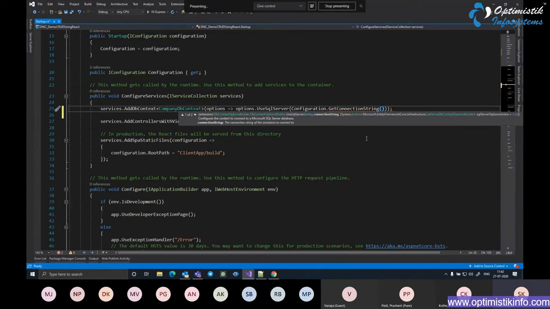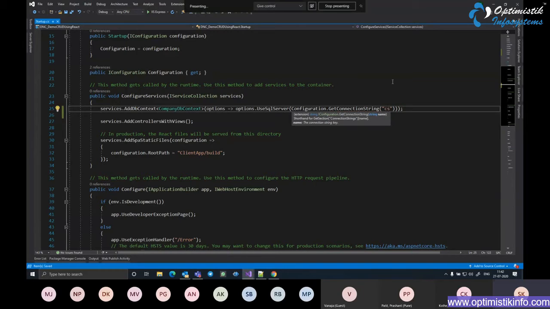To which I need to pass the name, which is actually the key that I've provided to the connection string, which was CS. So this will retrieve the connection string and will set up a SQL Server based backend for working with this CompanyDbContext class. Once this is done,